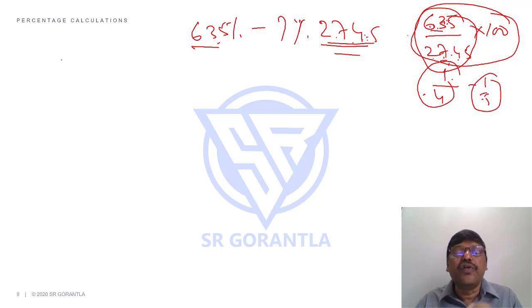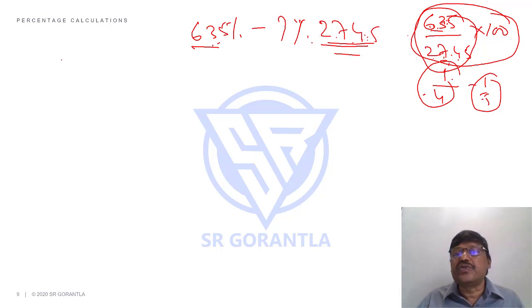10% is 274, 20% is around 540. But I want 630, so roughly another 100 more. Maybe another 10%? It cannot be, because 10% will be 270. I need only a 100 gap, so probably another 5%. So that means my answer is somewhere around 20 to 25%. Like that, you should estimate your answer, students, right?